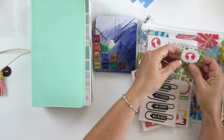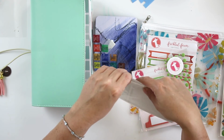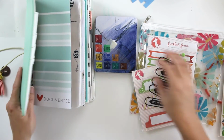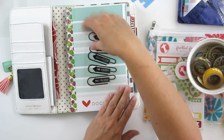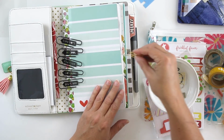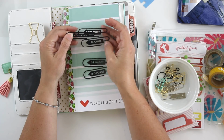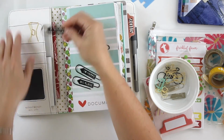the little enamel dots, some clips. Actually, I forgot about this. I have a couple of clips that I want to put in the front of my notebook and my dashboard. So I'm going to go ahead and take these out, because I have these, and then I also have some of my older ones that I want to use. I have these little bows from Kate Spade. Those have to go in there, right? And then maybe just